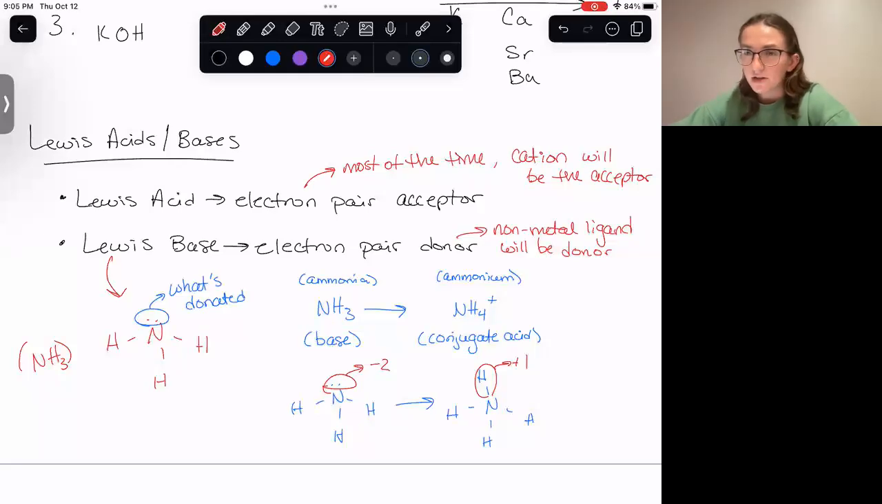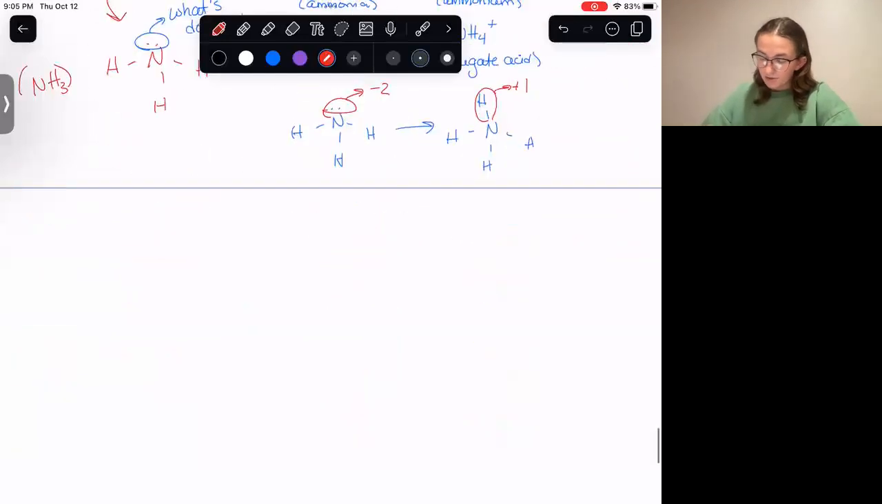And yes, there's a very good question in the chat. It says, can ammonium be considered an acid or just the conjugate acid? So anything can be classified as an acid or a base, and anything can be classified as a conjugate acid or a conjugate base. In the context of